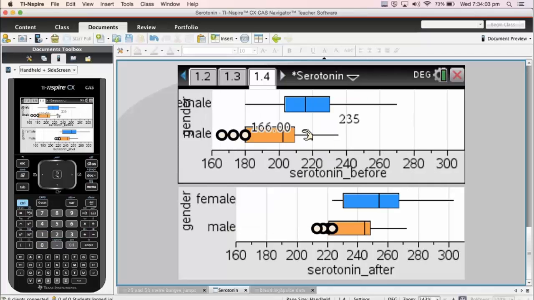Okay, so now we've got roughly the same scale, and as Brian said there, you can see there's a